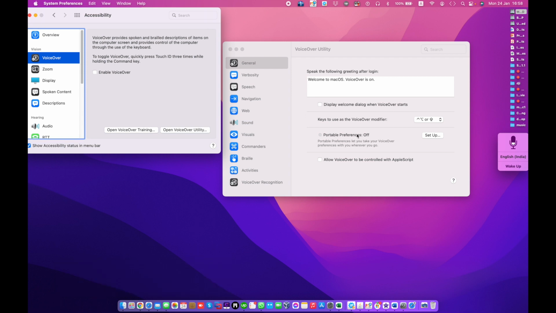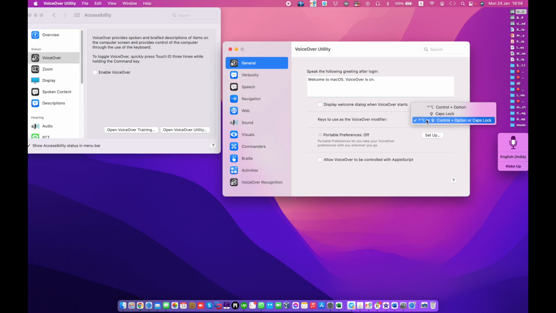Next one, keys to use as the VoiceOver modifier. Choose the modifier keys to use for entering VoiceOver commands. You can use modifier keys from here. For example, if I select only caps lock